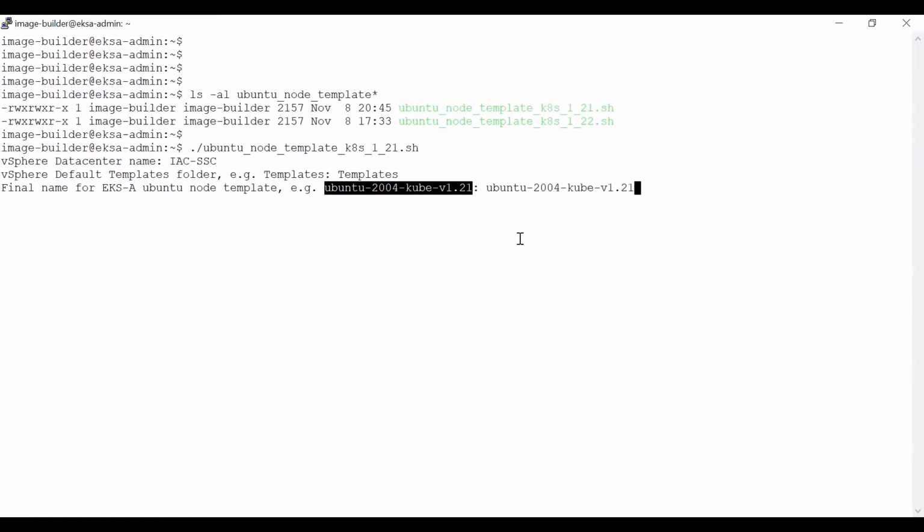Okay, so let's get started with this. The resource pool name, in my case, is test. You may have a different resource pool in your vSphere environment. And let me just put in my password for the image builder user. Okay, so the process will start,